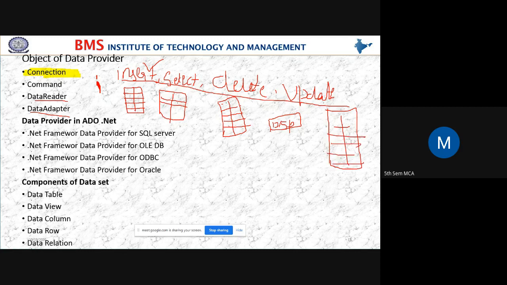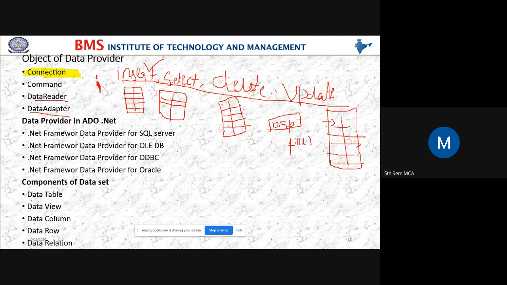So here we use the fill method. So whatever the data we have given in the table, everything will be displayed. To execute all this, we need a data adapter.